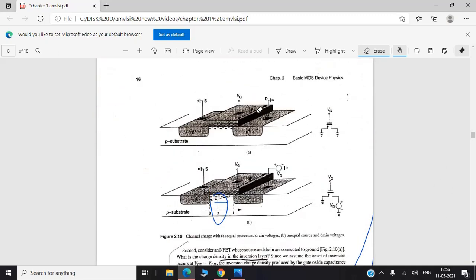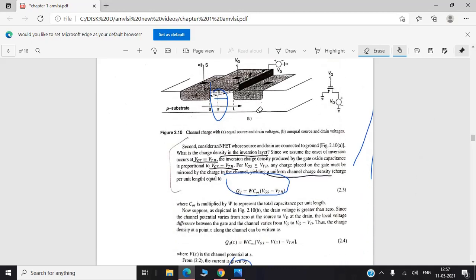Now if you take this as an example, when source and drain are both connected to the ground, VGS will be equal to VTH. The inversion charge density produced by the gate oxide capacitance will be equal to VGS minus VTH, that is only when VGS becomes greater than VTH. So it will become VGS minus VTH. Okay, so the QD will be given by, now considering this one